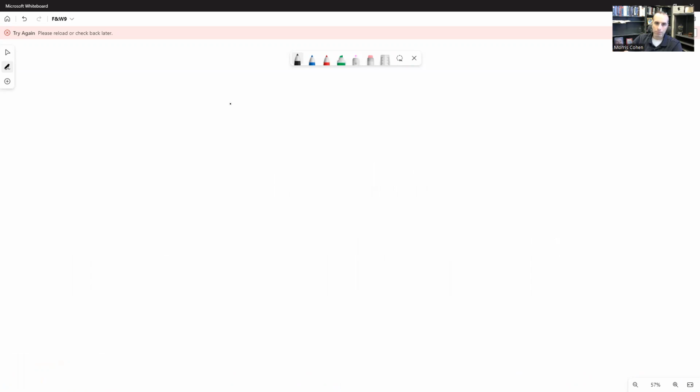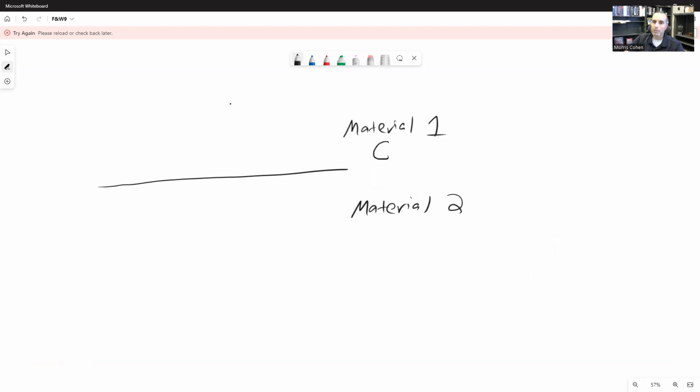And so let's consider, here I have a line. On one side of the line, we're going to call this material 1. Let me actually draw the line horizontal to be consistent with the notes. This is going to be material 1 on the top side and material 2 on the bottom side. All right, material 1, let's say it has a permittivity epsilon 1, and material 2 has a permittivity of epsilon